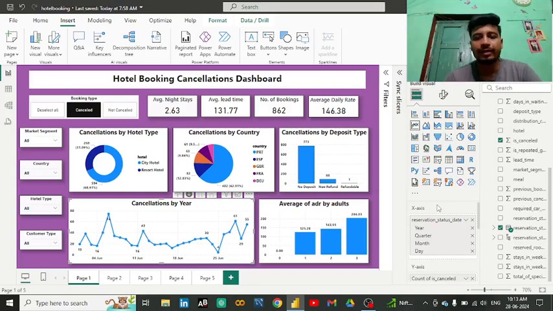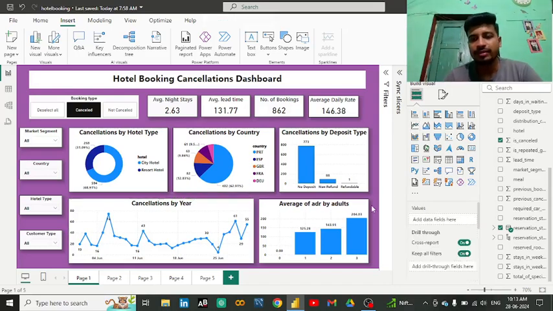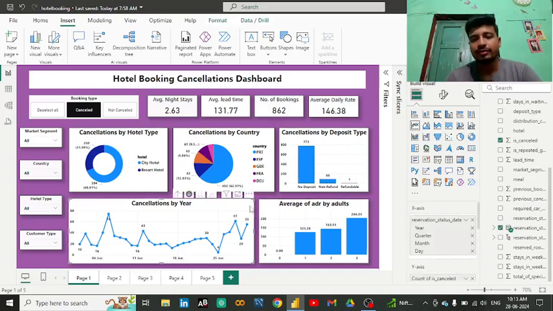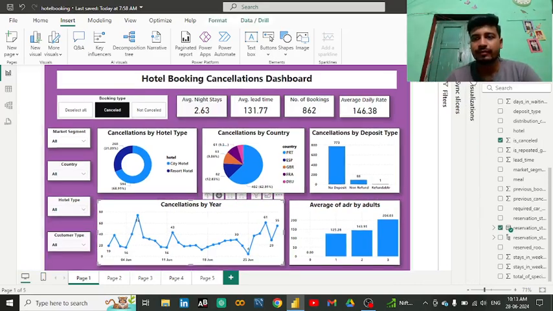So we can compare the values as per our requirements. If you want to compare the performance year wise, month wise, or day wise, we can do that with the help of